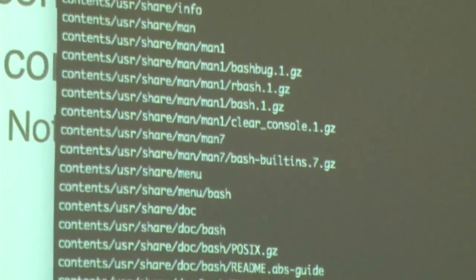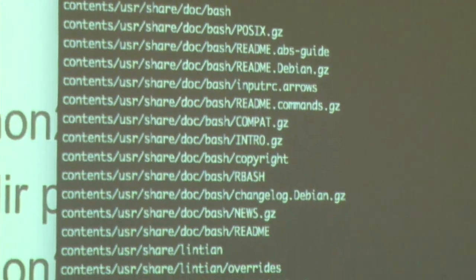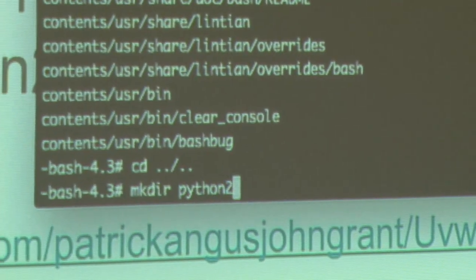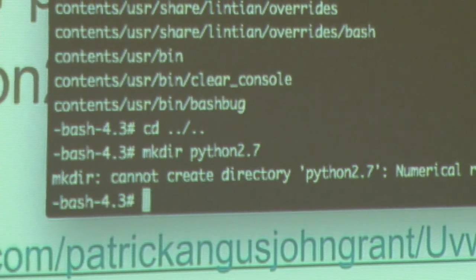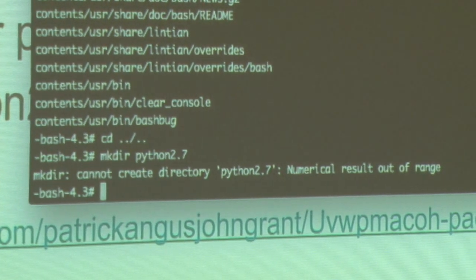So let's use some of that to install. I think you were maybe one directory too far.